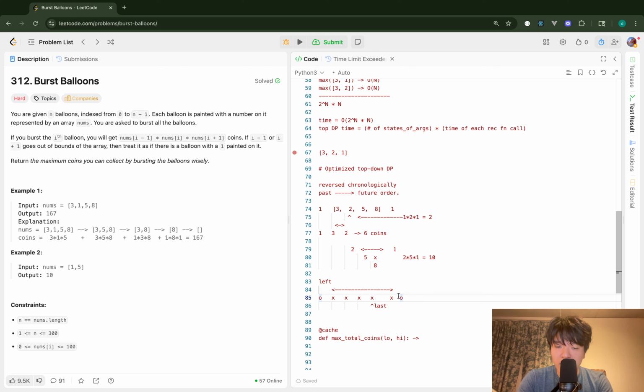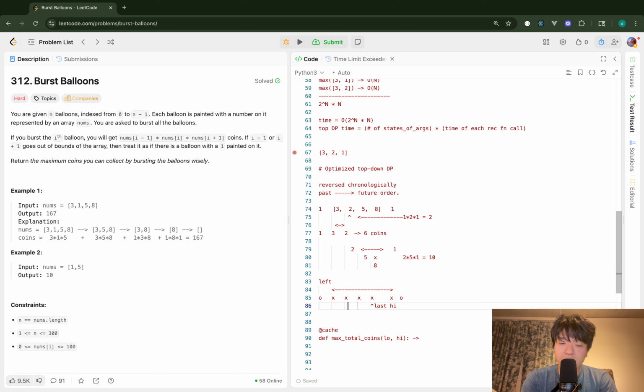Yeah, and on the right hand side of the current range and closest to the current range. Yeah. And this index is also important because when I choose the last index in the given range, current range, this should be the right adjacent balloon of the chosen last balloon, no matter which I choose. Yeah. So that being said,